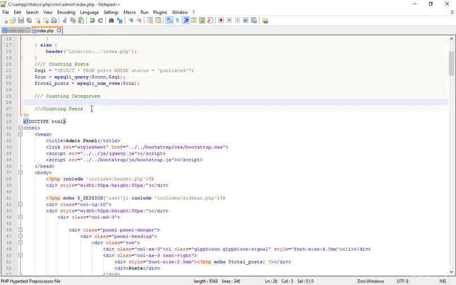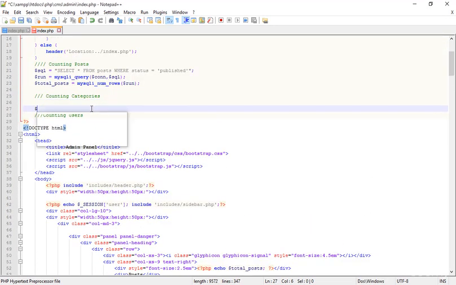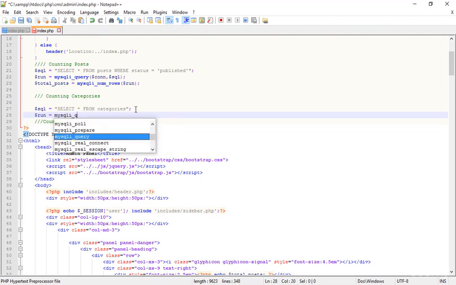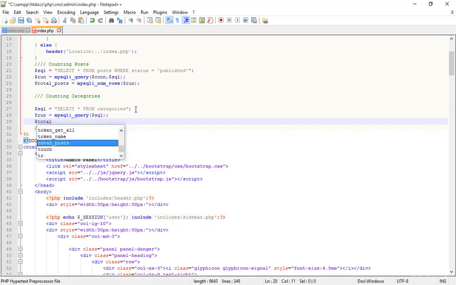So for the counting categories, press enter and obviously add another $sql and equal to sign, and then select all from categories. Oh, the spelling mistake now. So actually I want to show all the categories. There isn't any clause in the category, so let's run it. mysqli_query, if you remember, and then type $sql and press enter. Now total categories